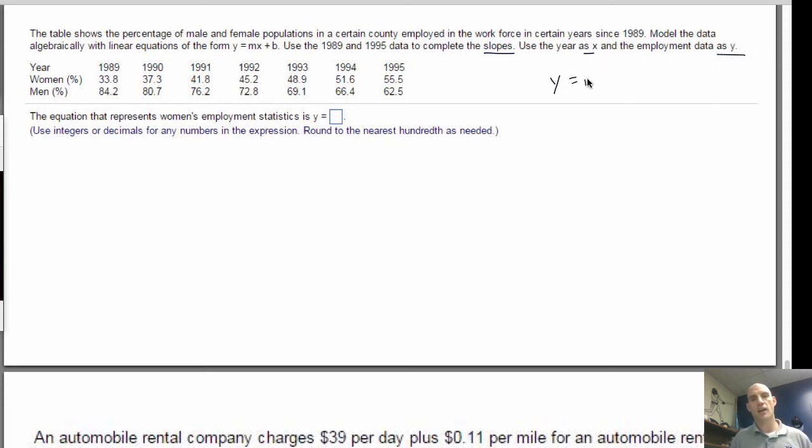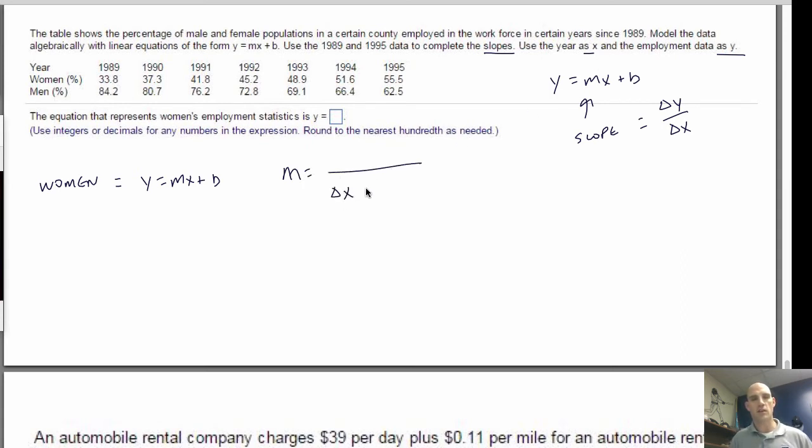Okay, so if I have y equals mx plus b, and this is my slope, slope is equal to my change in y over my change in x. Well, what did they say was x? The year is x, and the employment data is y. So here's what we're going to do. For the women, I need to find m. So y equals mx plus b, and m is equal to, they told me that the year was x. And so on the bottom, my change in x is going to be equal to